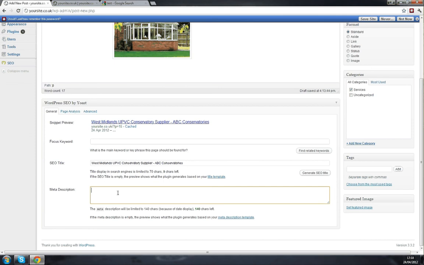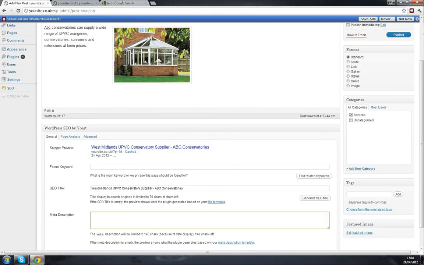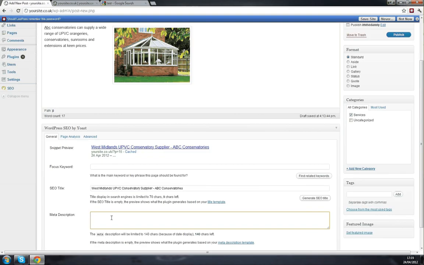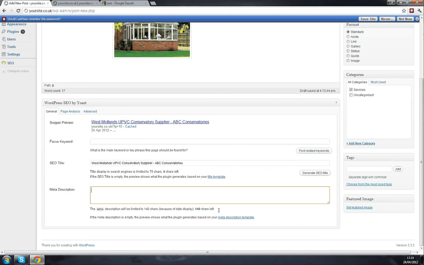Now the meta description, this is this kind of area here. So this is a sentence or so to tell people what this page is about, and to try and get them to click on the page and come and read what it is that you would like them to read. You've got 140 characters. Again, you want to get a lot of keywords in, a lot of descriptive information. So let's go for